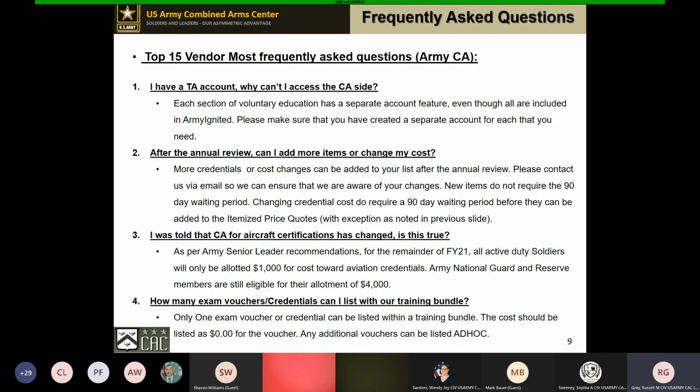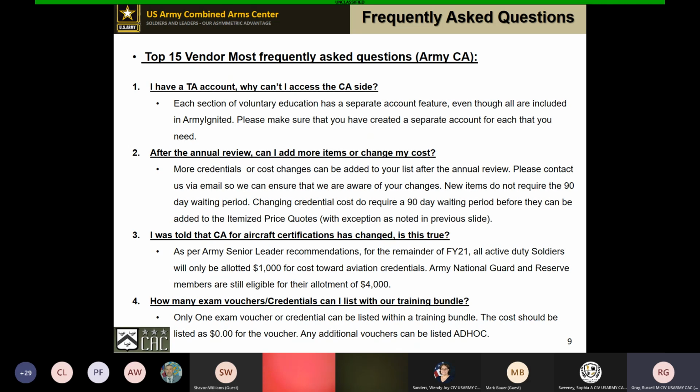That's a no-go. If all of the trainings are included together, that's fine. However, there can only be one exam voucher and one credential associated with that training bundle. So if that bundle says we're offering Security Plus, Network Plus, etc. as training, it can only have an exam voucher for Security Plus, or whichever one you want to put on there.